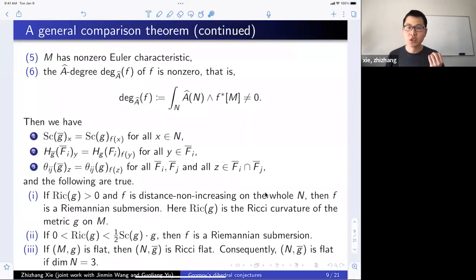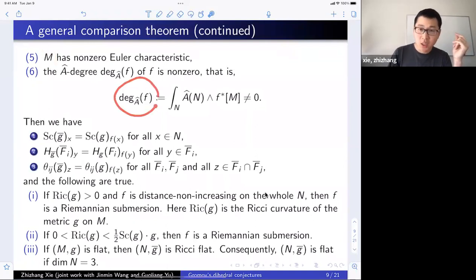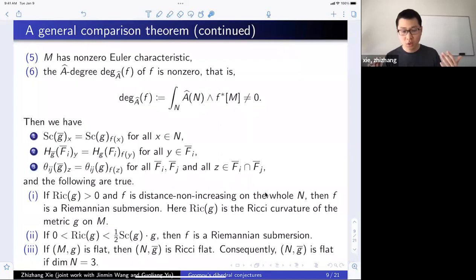Because later on we're going to use the Dirac method, and the twisted Dirac operator we're going to use, its index is going to be precisely the Euler characteristic of M times the degree of this map. So assuming these two are non-zero, we're going to have a twisted Dirac operator with non-zero index. With non-zero index, you can find a non-trivial harmonic section, and that would allow us to prove the theorem. But this is where these two conditions come in.